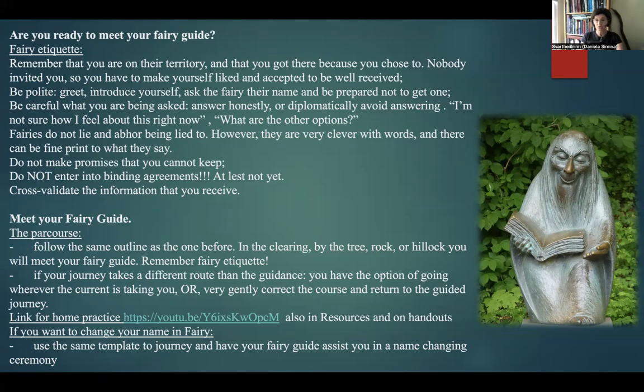If you had a question, what was the answer? That's something important to write down as well. If there was a request for a gift, offering, or service, what was that? And do not worry if you don't remember or if there isn't an awful lot about it, because there will be many more repeats of this journey for you.